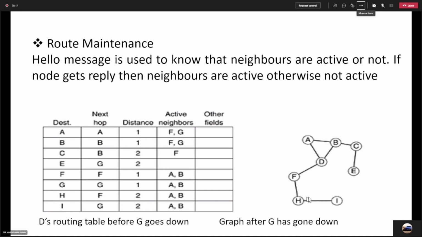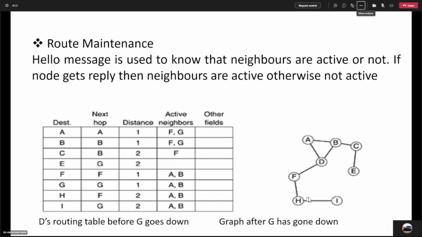Node A has a queue, node B has a queue, node C has a queue. Node A is maintaining the buffer. Buffer means memory. Node A has some memory. Now, if the memory of node A gets full, if the memory of node B gets full, if no memory is available on router A, router B, or router C, then we can say that router A, router B, and router C are heavily congested, because no space is available to store the incoming packet.